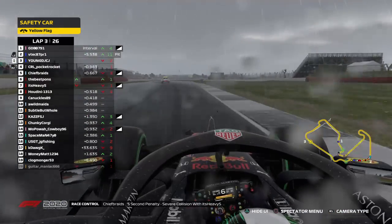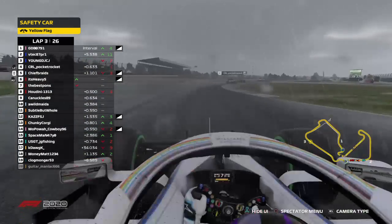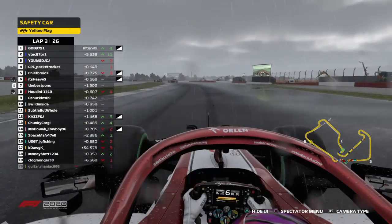P1 is Young DJ CJ. Chief Braids, though, gets a 5-second penalty for collision with It's Heavy. You don't like to see that. I think the Best Pones might have had a bit of a moment, though, as it looked like there was